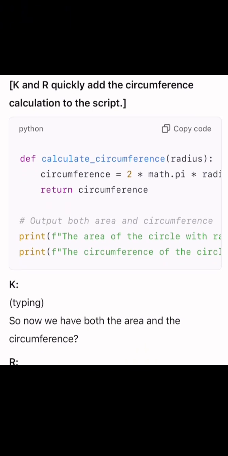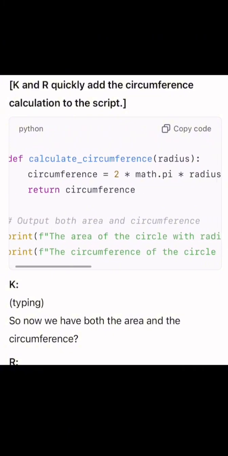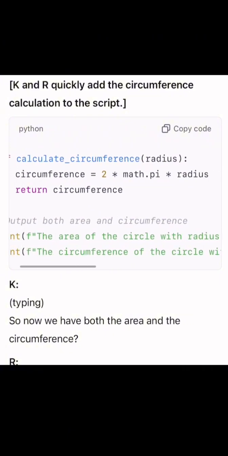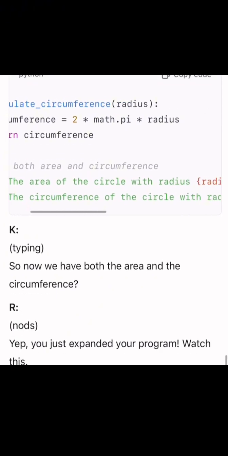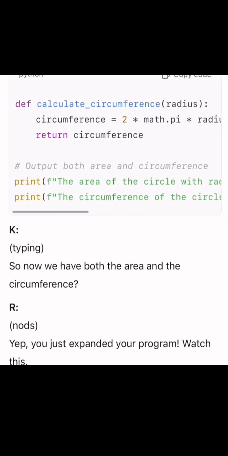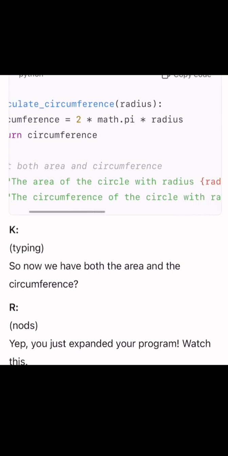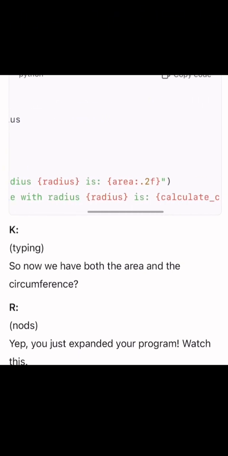Quickly add the circumference calculation script. def calculate_circumference(radius): circumference = 2 * math.pi * radius. Return circumference. Output both the area and circumference. print f, the area of the circle with radius is radius